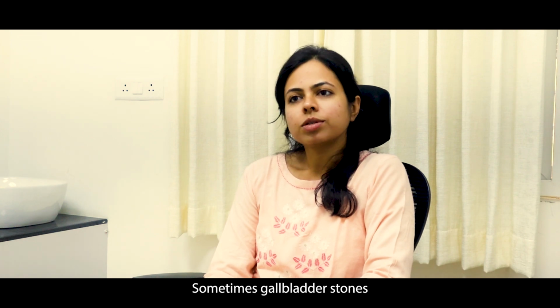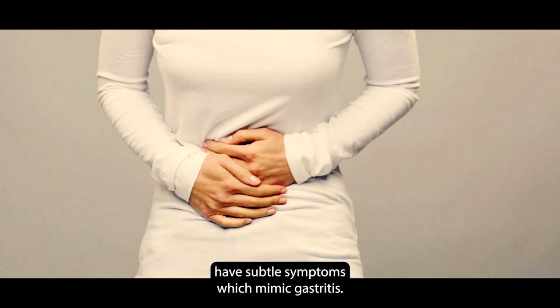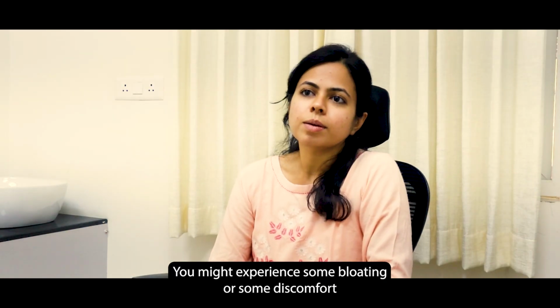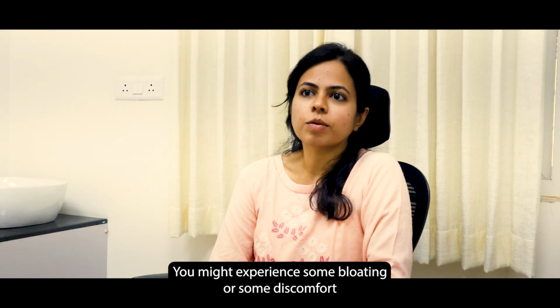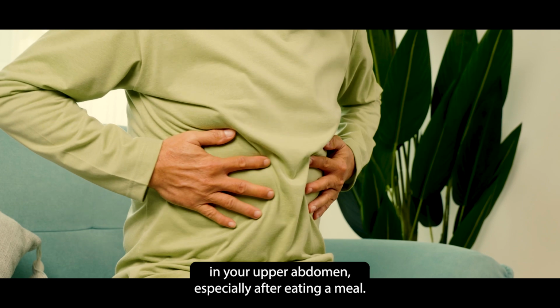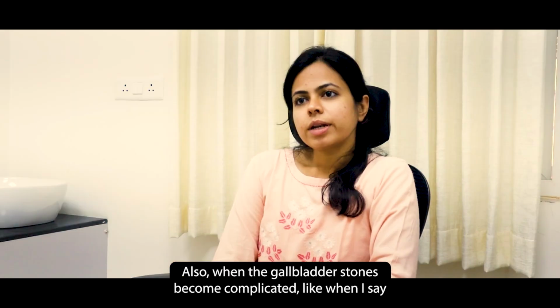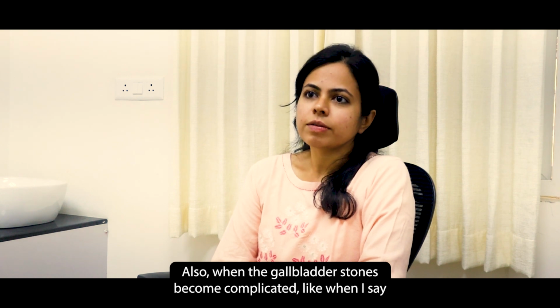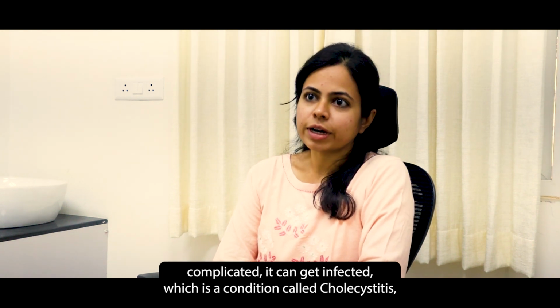Sometimes gallbladder stones have subtle symptoms which mimic gastritis. They're not very typical. You might experience some bloating or some discomfort in your upper abdomen, especially after eating a meal. Also, when the gallbladder stones become complicated, when I say complicated, it can get infected,